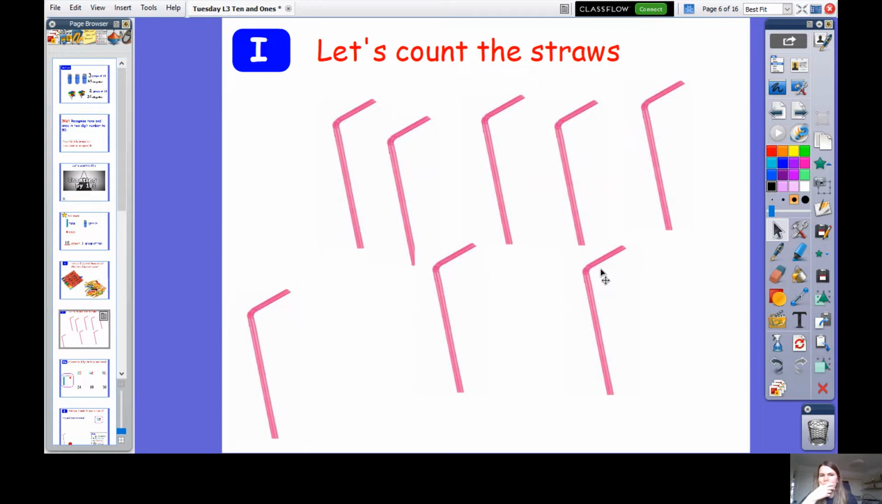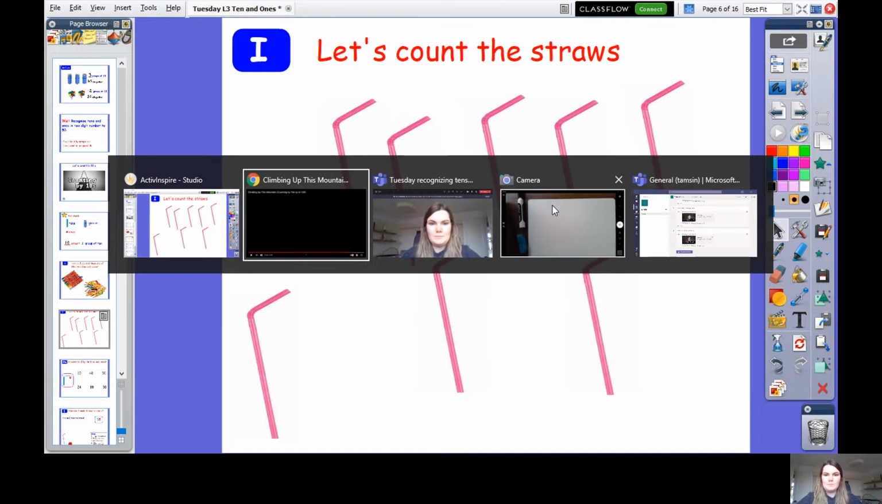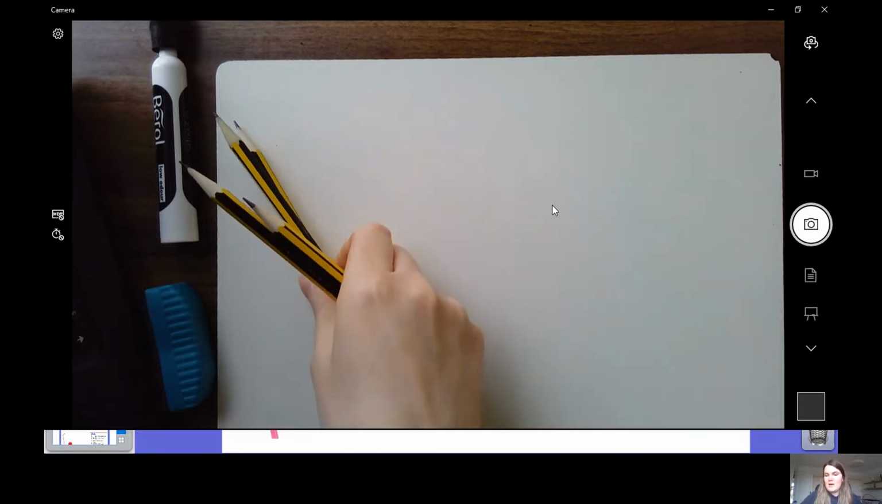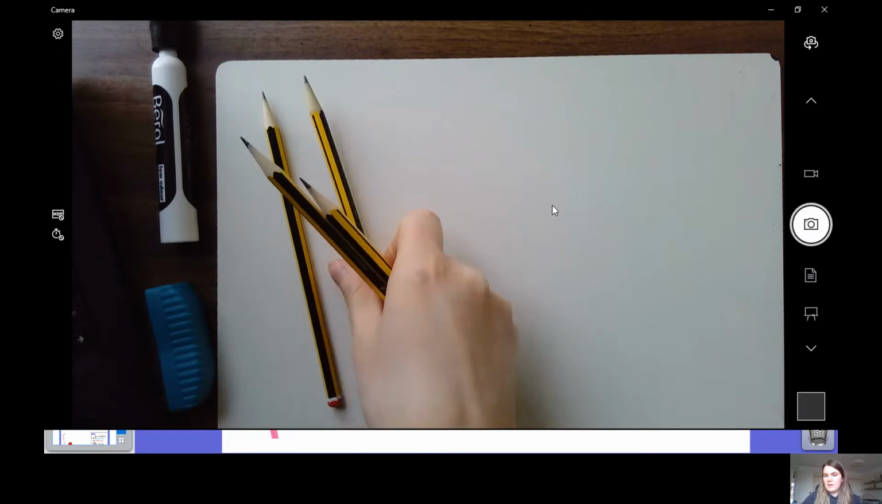No, I can't. I'm going to need to use something else. Maybe I could use some counters to help me. Maybe I could use some pencils and some counters. All right, let's have a look. So I can use my pencils to help me count, and I can use my counters. So if I want to make a number, I can make a number using these. So I'm going to make